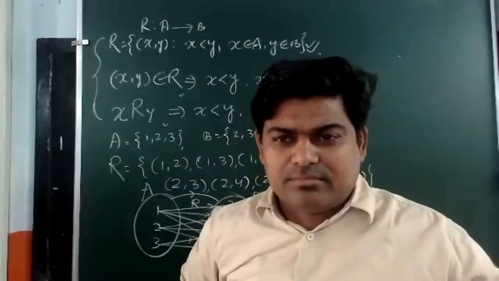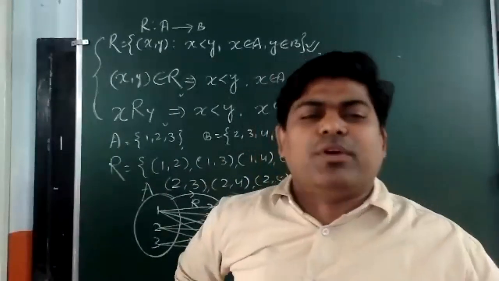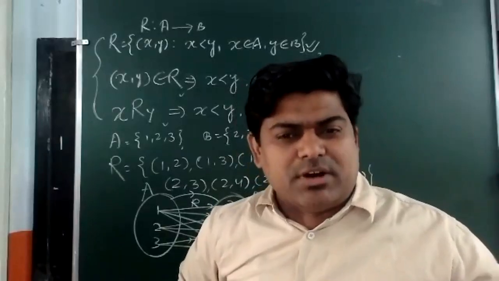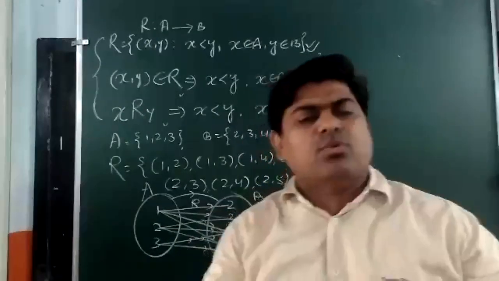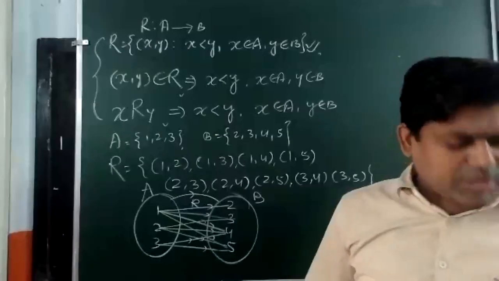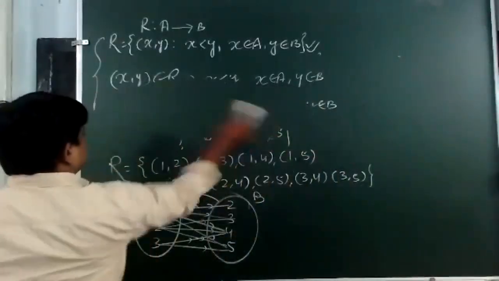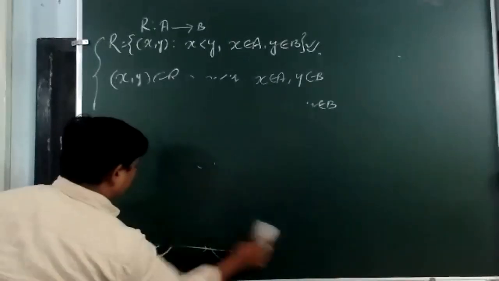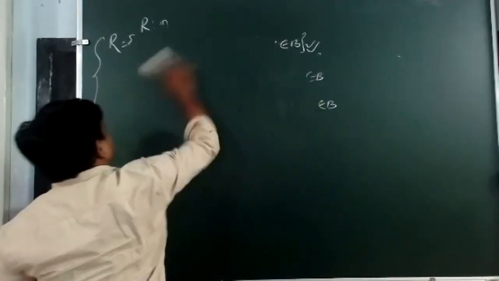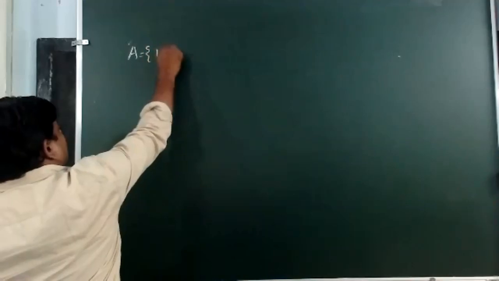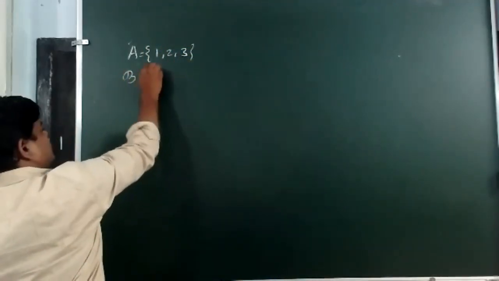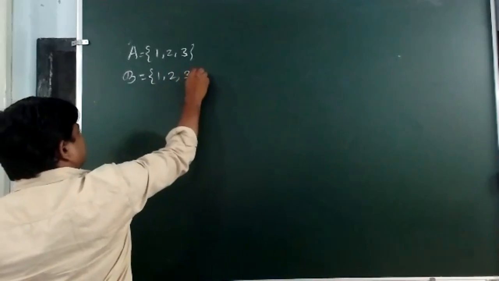What is the relation? It's not necessary that always we will have x is less than y. Some other relation can be there. Let me write one more relation, then it will be more clear for you. Suppose that I am having a relation which is defined from A to B. Now, what is A and what is B? We have to define here firstly. Suppose that I am having A is equal to 1, 2, 3, and B is equal to 1, 2, 3, and 4.